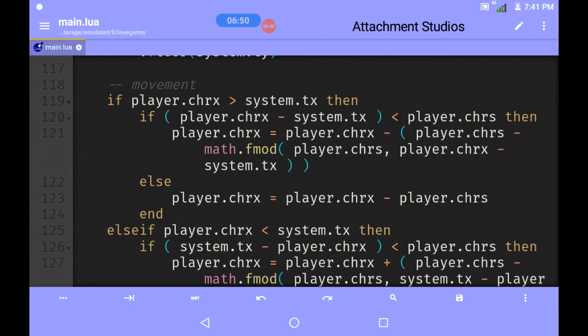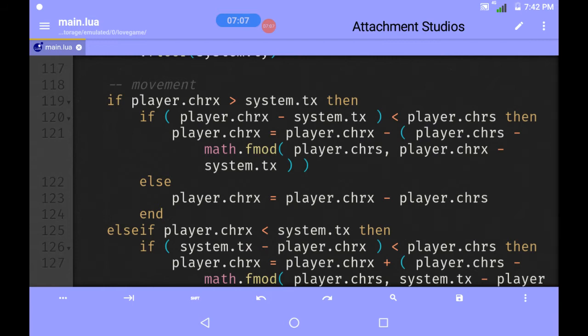So player.chrx is equal to player.chrx minus player.chrs. That is, I removed the value of speed from chrx.